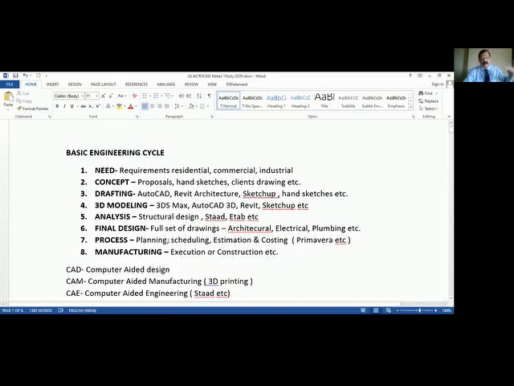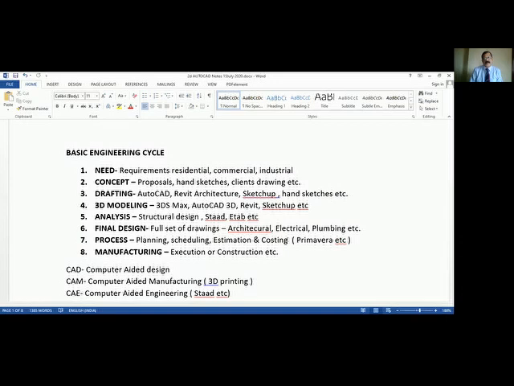Okay, what should be the planning for the construction of that building? Then you will create a schedule. When should it start? When should it end? Prepare a schedule, and you will prepare a cost estimation. How much cost is going to be incurred for this particular project? You'll be doing the estimation and costing, and finally manufacturing.